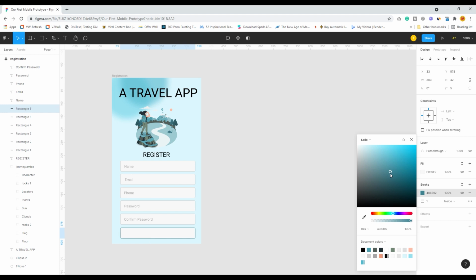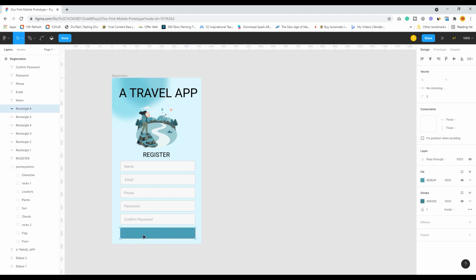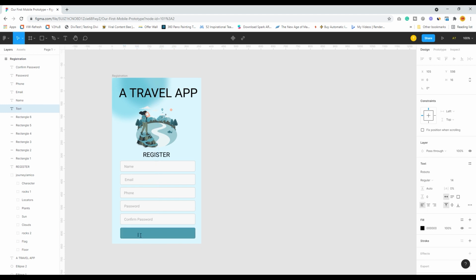So I take a little darker shade of border, and over here for the main thing, I will take this type of button, and I will type submit. So the submit button goes at the center of the button. Lovely. Okay.